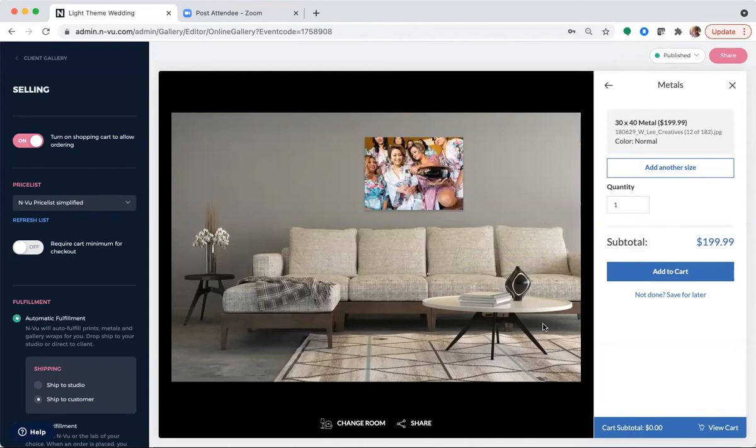So the main things that are very simple that you can sell on a price list are going to be your prints, your metals, your gallery wraps. Those are all your normal products that are easy to sell, in my opinion, especially with room view, if you're showcasing those in an IPS session or